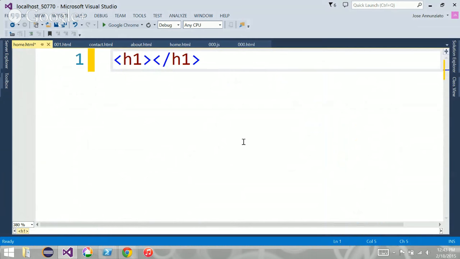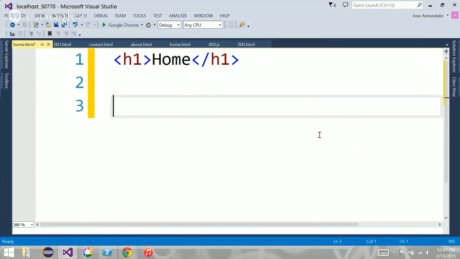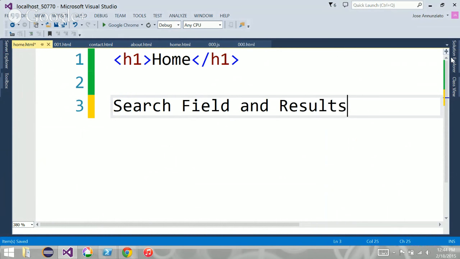So here, well, you have home, right? And maybe you have a search bar down below. You're going to have a search bar down here. So search bar, search field here, and results go here, right?